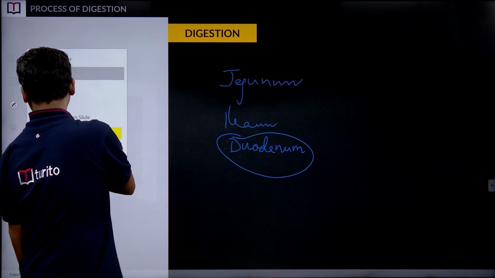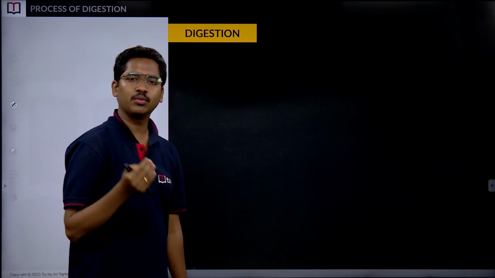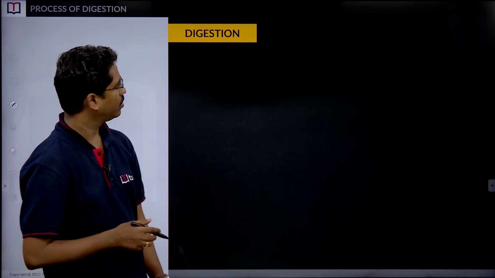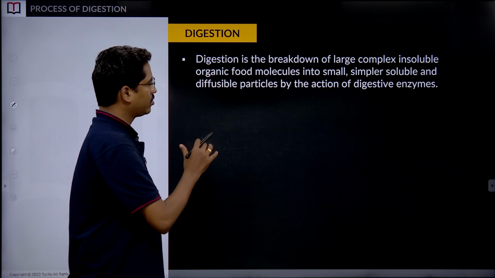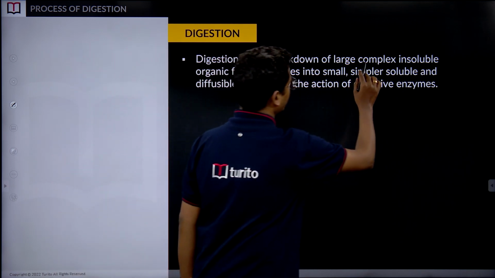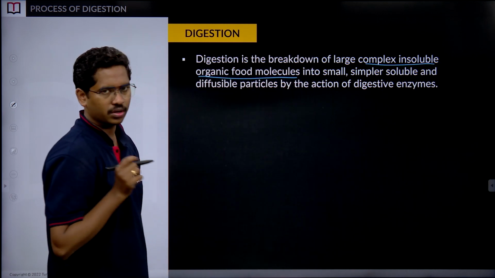that is where you will see the actual digestion gets completed, okay, and then we will see that the digested components in the small intestine would be completely absorbed. So, digestion is a process which breaks down the large complex insoluble organic food components, the insoluble food molecules, because